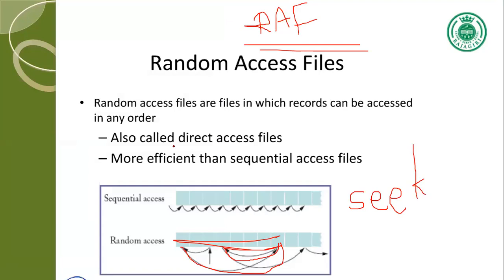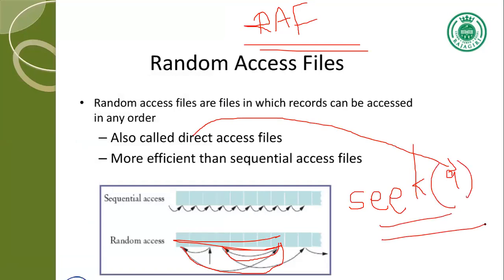Random access files are even known as direct access. You can directly access, let's say, the 9th position with the help of the seek function. They're considered to be much more efficient than sequential access files in Java. Usually, we do both direct access files and RAF files, but RAF files are considered to be more efficient, and majority of things happen with the help of RAFs in Java. So we'll see how to do RAF programming.